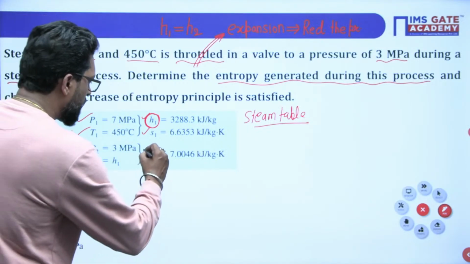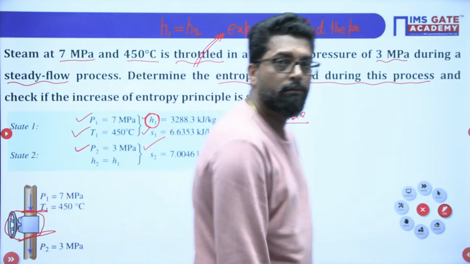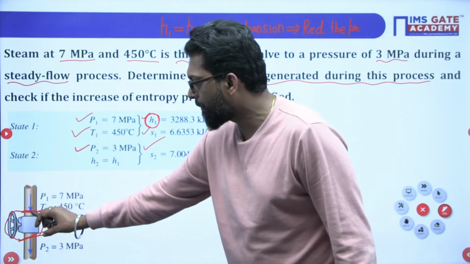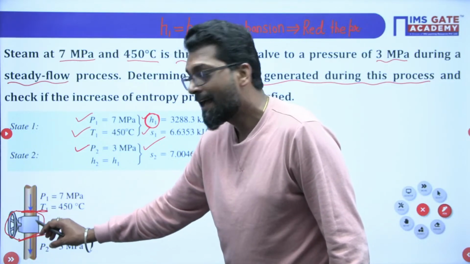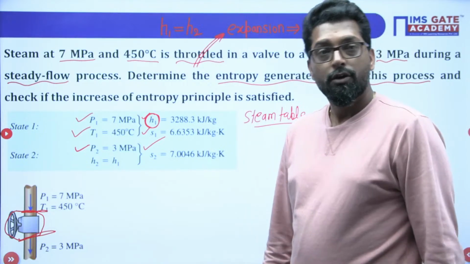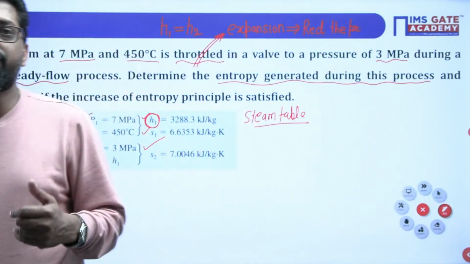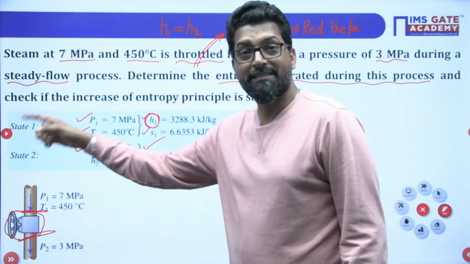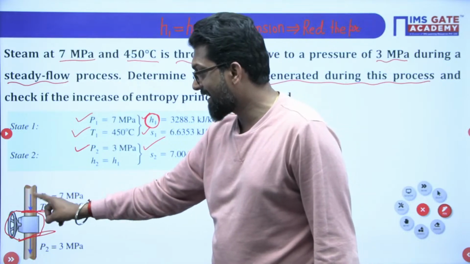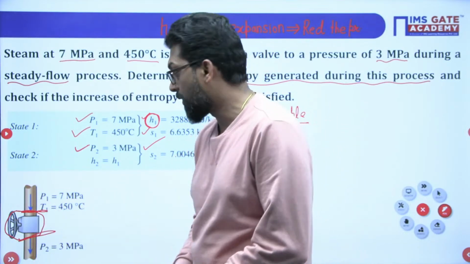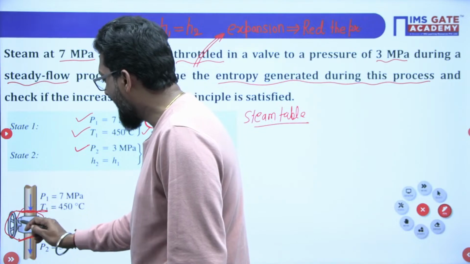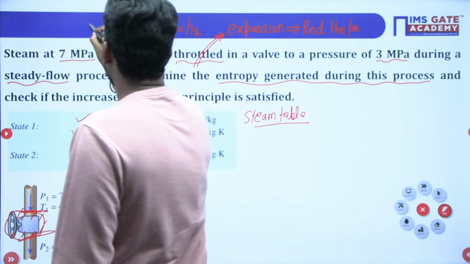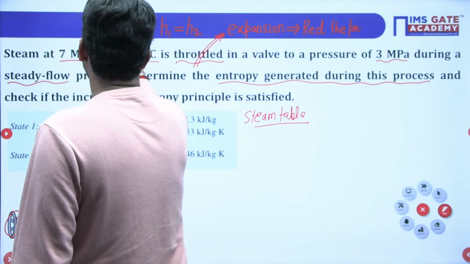So from this one you have to find the entropy at point 2. So at this location 2 you have the entropy, and at the inlet you have the entropy, and at the exit you have an entropy. So inlet and exit you can easily find, and in this case there is a mass flow. This is not a heat flow. Previously there was a heat transfer, but in this case there is mass transfer only. There is no heat transfer. Why? Because throttling acts as an adiabatic process. That means there is no heat transfer. So during throttling, the heat transfer is 0.